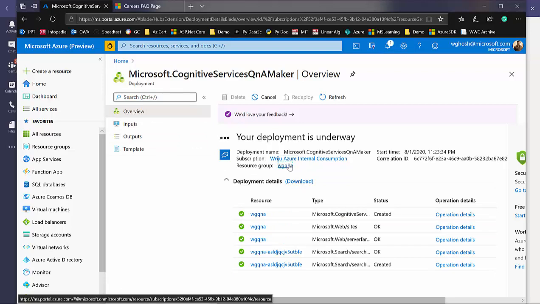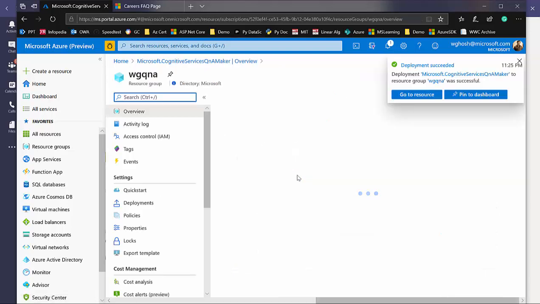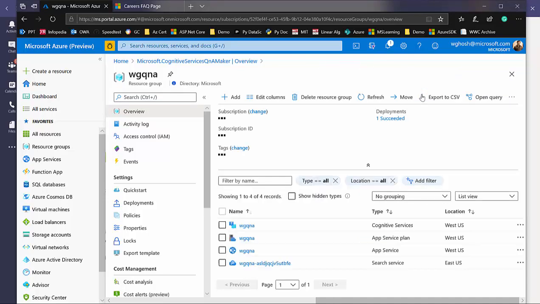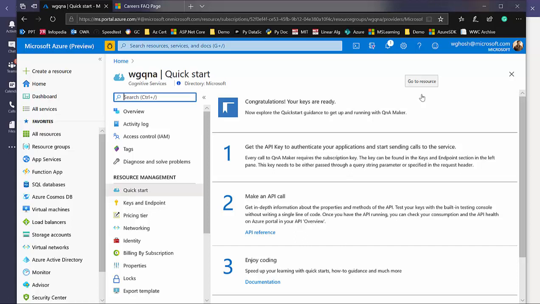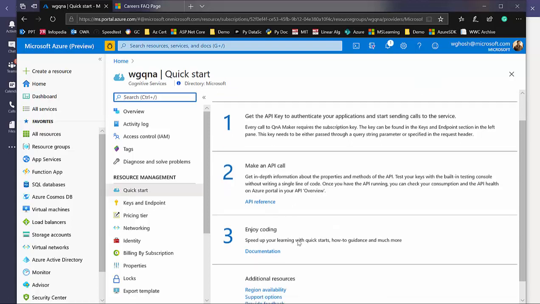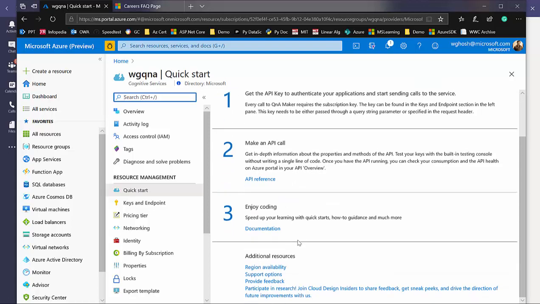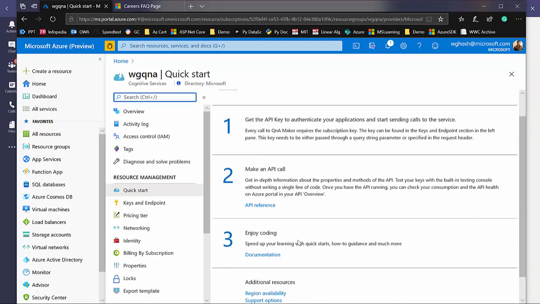So I can go to this resource group and see deployment succeeded. The notification comes and I go here and see the deployment. Right now my Q&A maker is ready. You can see that. What I now can do,